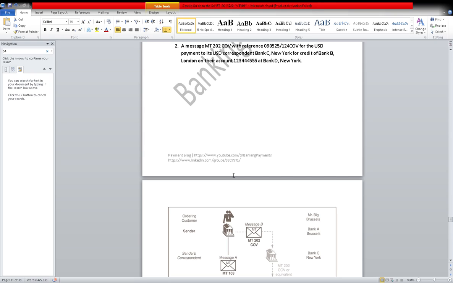Now on the other side, the cover payment is sent by the sender bank to its correspondent, in field 53A, the correspondent bank. It says: please debit my account, and you hold the credit account for the beneficiary's bank with a correspondent. It is just giving an instruction: debit my account and credit the correspondent bank account. Within the same country or zone, the payment may go through the local clearing system and not through SWIFT. You can see it in the picture.